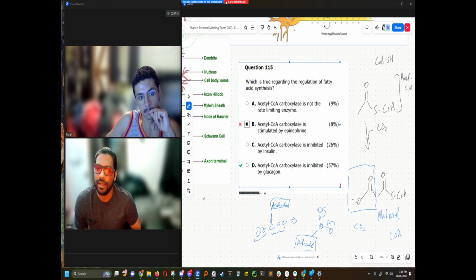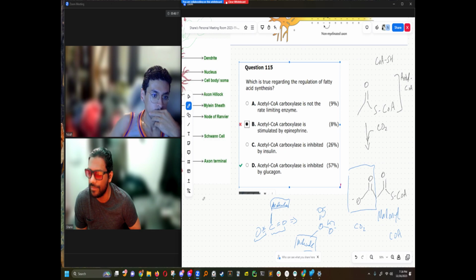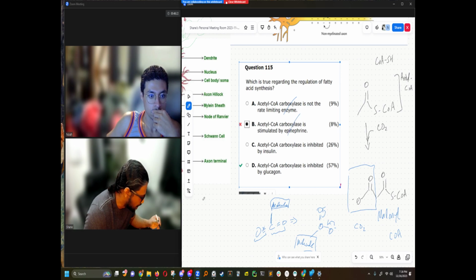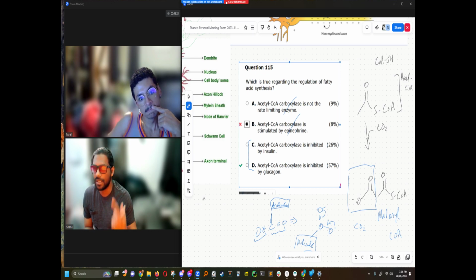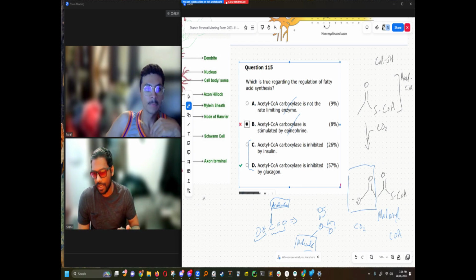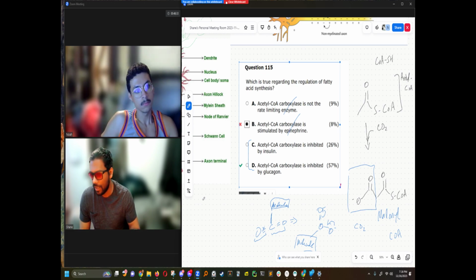And right away you can tell that choice C and choice D are opposites. When they're opposites like this, they both can't be correct. That's called mutually exclusive, so that could be a shortcut here. C is saying that this enzyme is inhibited by insulin,